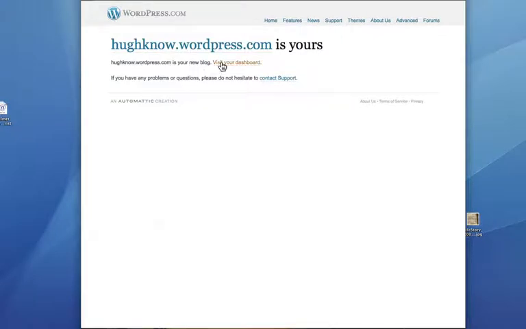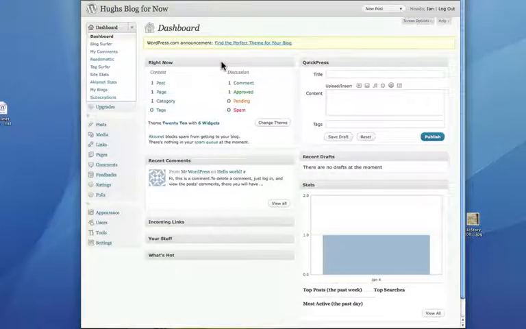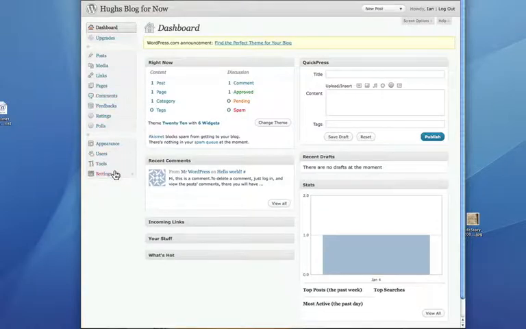So let's visit the dashboard. This is the dashboard. This is where it all happens. This is where we create our content that other people then view. It might look a little bit intimidating for the moment, but take some time to have a bit of a look around it. The first thing you should do when you come here is go to the very final one